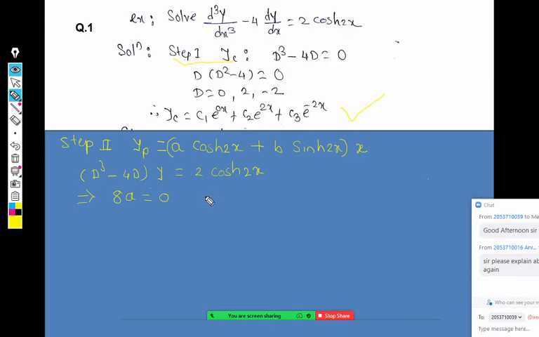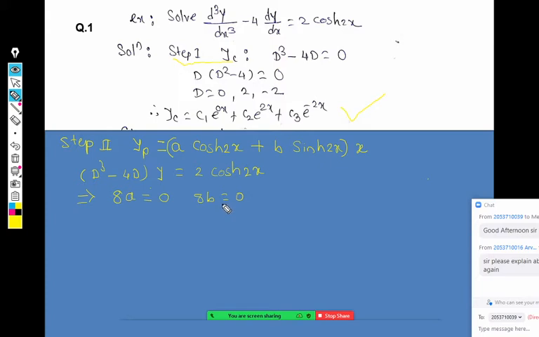x cosh 2x. 8b. 8b, is it similar? So 8b is also 0. Sir, I am telling the value of x sinh 2x or x cosh 2x according to the value of D cube, sir, not accumulating D cube minus 4D. Oh, okay. So you have to collect actually all these terms. I'm saying you should collect and compare the coefficients on both sides and tell me the equations now.